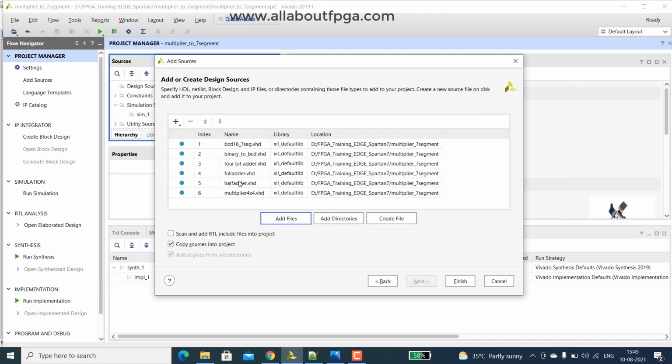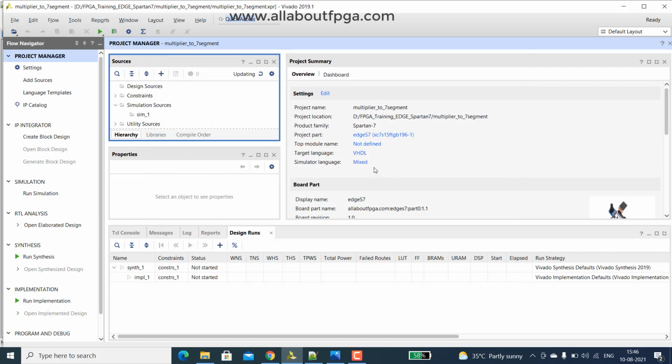So you can see the half adder, full adder, 4-bit adder, 4 cross 4 multiplier, binary to BCD converter, and 16-bit BCD to 7 segment decoder. Let's finish them. Okay, so everything is added.